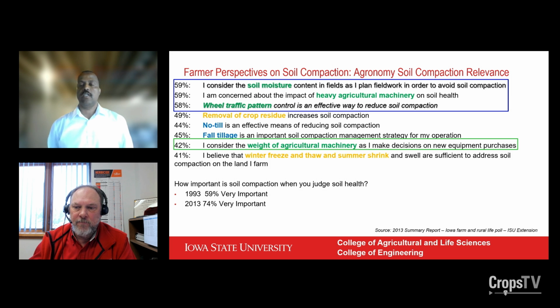When it comes to the deeper soil profile, we had this kind of question brought up in different extension reports or by other researchers in the Midwest. It depends on how deep the temperature change in the soil goes, and often it may not change that much, especially with the cycle of freezing and thaw. So the percentage is lower here when you look at what a farmer would think. Maybe because the geographic location of the farmers may vary, but it does help